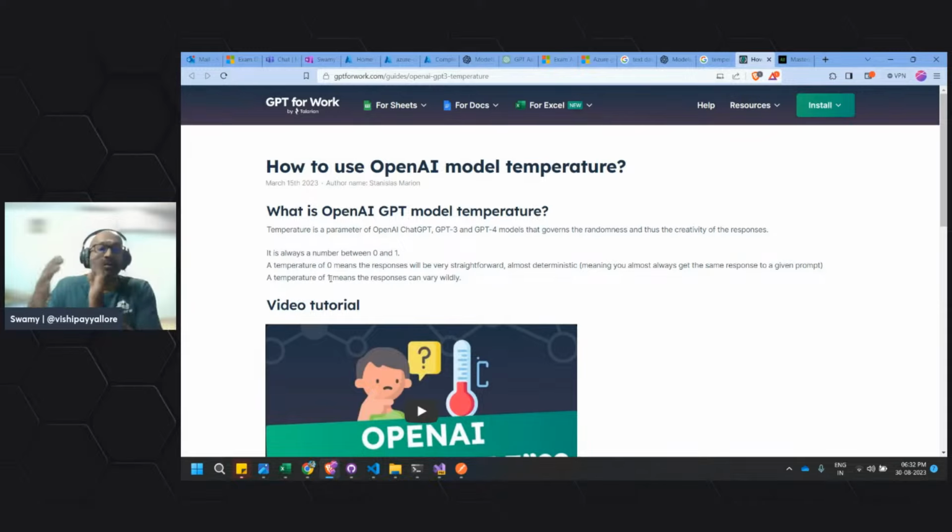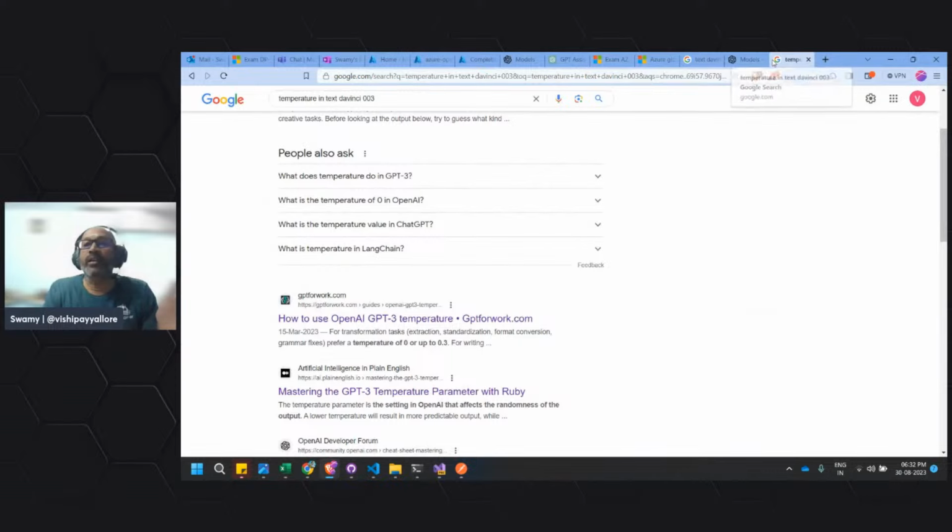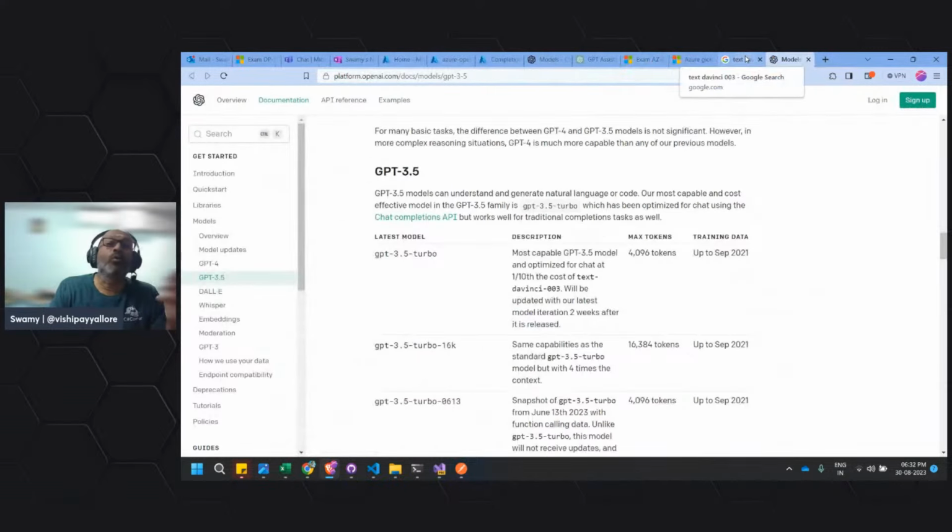If it is 1, it tries to bring in more creativity. Now if the temperature is towards 0, it is sticking to the game plan and not trying to bring in more creativity. So either you can set 0 or 1, but you can try different options based on what you want. You want to stick to the game plan and get the response, or you want more creativity and get different responses.